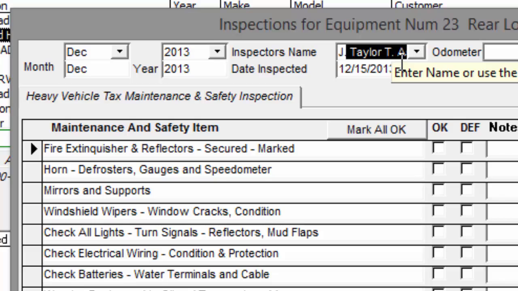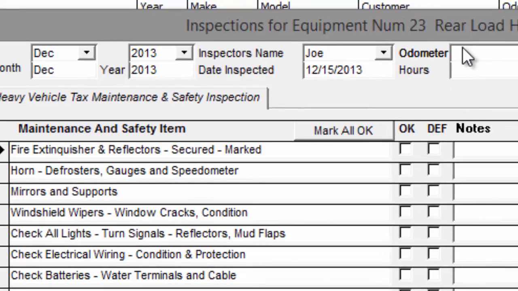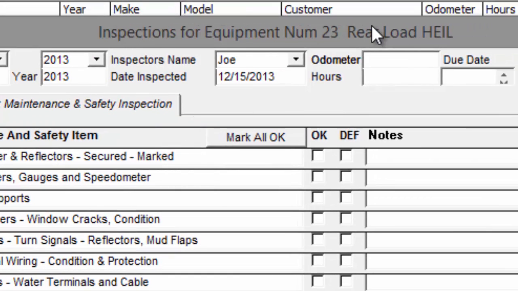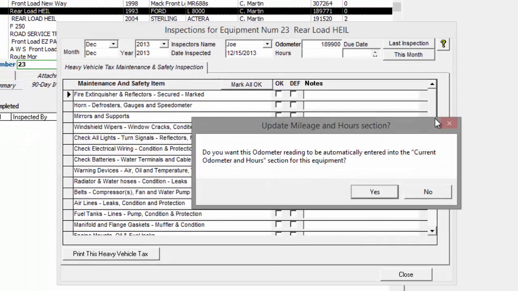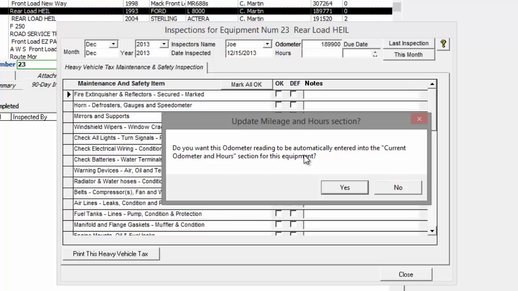And then just add the inspector's name and put in an odometer reading at the time of the inspection. We'll just look at this, 189, just say 900. And now down here on the inspection items, it asks me, well, first of all,